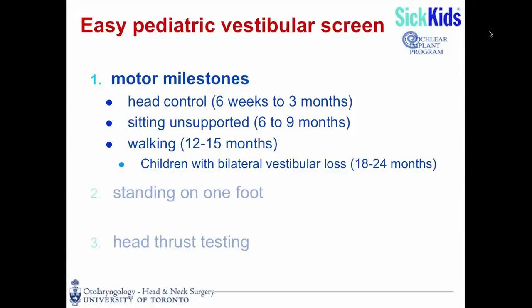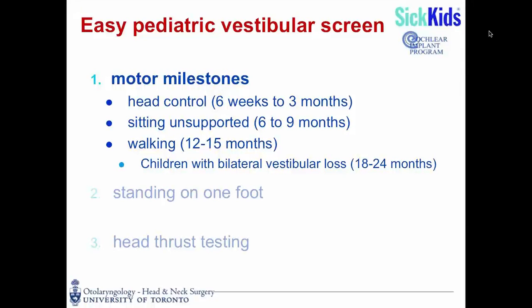months. One of the things that you see in children with bilateral vestibular loss is a delay in the age of walking to about 18 to 24 months. Now, in complex clinical settings, you'll see children who walk late for all different kinds of reasons, neurologic reasons, central reasons, and certainly if walking is delayed beyond 2 years, then the likelihood of a central or a neurologic component to this is much more likely, whereas children with pure bilateral vestibular loss and nothing else will walk sometime between